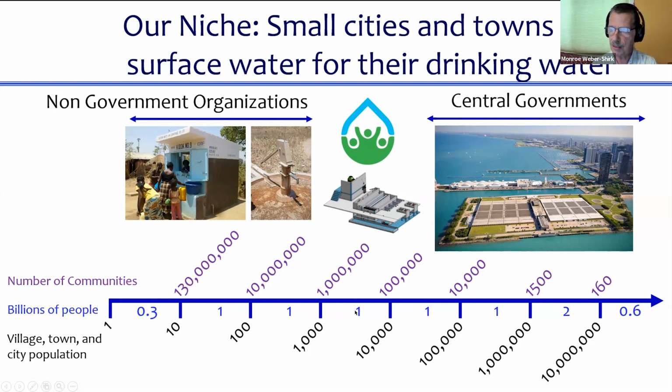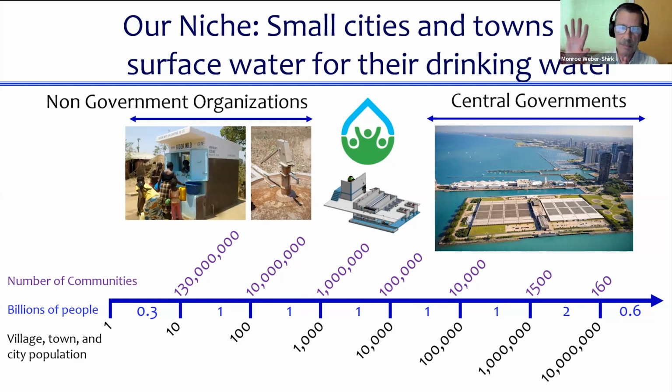And that in turn means that you can estimate that perhaps there's, I don't know, something like 300,000 communities with 1 billion people living in them total, between 1,000 people and 10,000 people living in each of those communities. So the number of communities that need water treatment plants is actually a very large number.